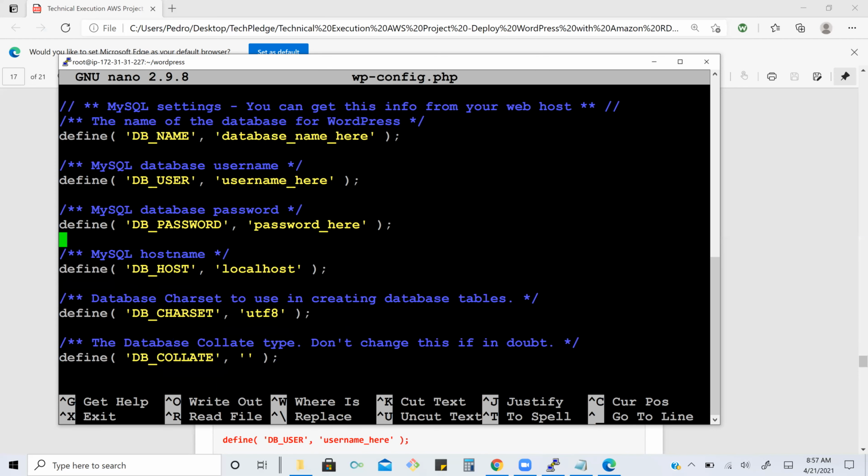Go back to the first one. Where it is written database name here, remove that and just type WordPress within the quotes.